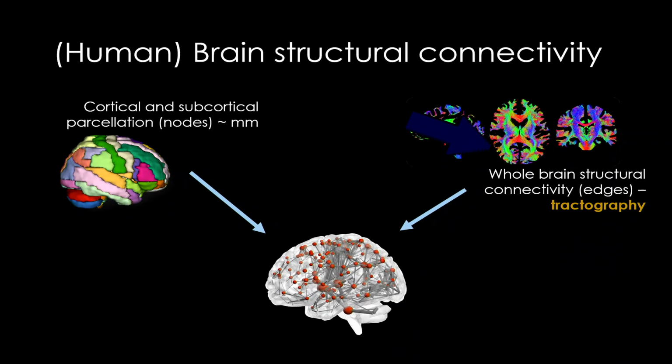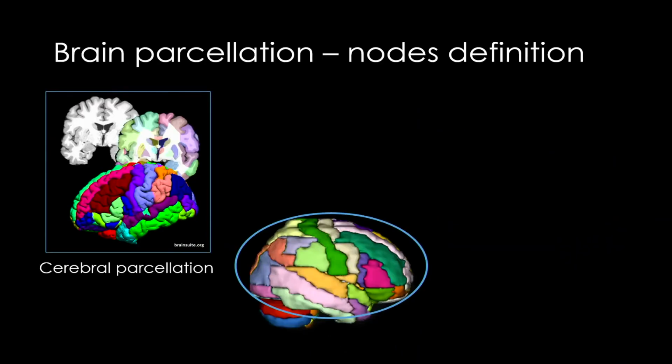And since we are working on humans, we cannot use some kind of tracing approaches, but the only thing that we can do is use some macroscopic probing, and one of the most used is magnetic resonance imaging. In particular, here we use diffusion imaging, diffusion MRI, and tractography to connect different parts of the brain. In order to define the nodes,